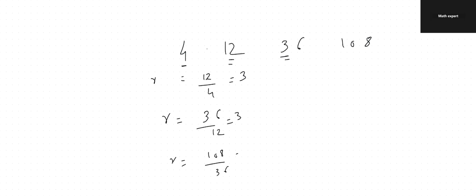Now in this case, what do you do for ratio? You always take the next term upon the previous term. So it's 12 upon 4, which is 3. Next, again you do 36 upon 12, which is again 3. Now take the next one, 108 upon 36, which is again 3. I always take the next term upon the previous term. Now if you see the ratio is constant, that means it's the geometric sequence or exponential. It's the easiest one.